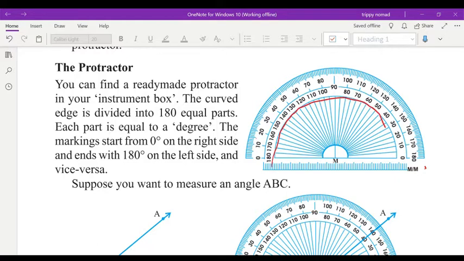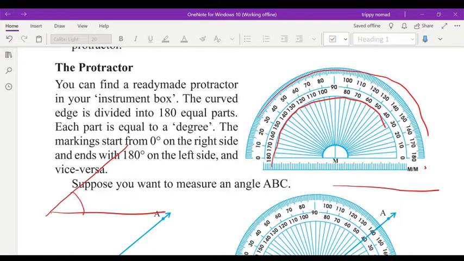This is lower and this one upper one. Now children, suppose this is one straight line. If you have to make a 60-degree acute angle, you will draw it here, and you have seen that all angles on this side are less than that. If you draw on the left, then you will observe the lower scale.